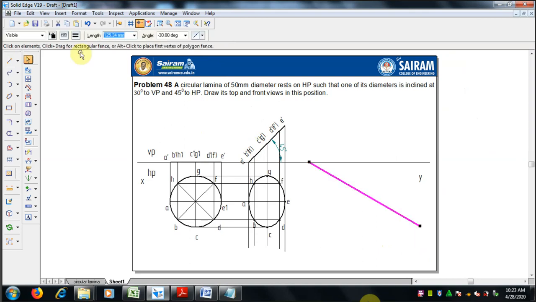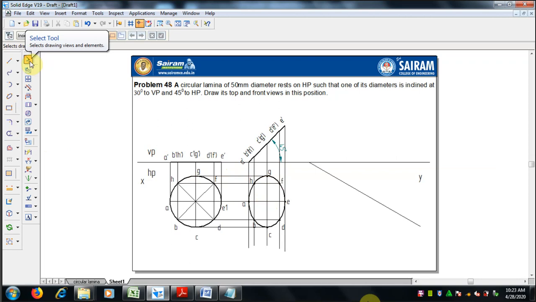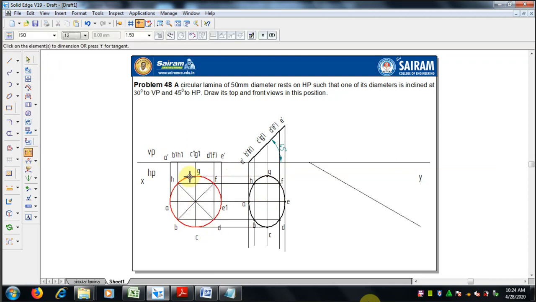So first we have to draw a 0.13 mm line thickness for the angle 30 degree to VP. We can measure that angle with the reference line, and once it is 30 degree, then we can move this diameter. First we have to draw the initial or original diameter of the plane, that is 50 mm.